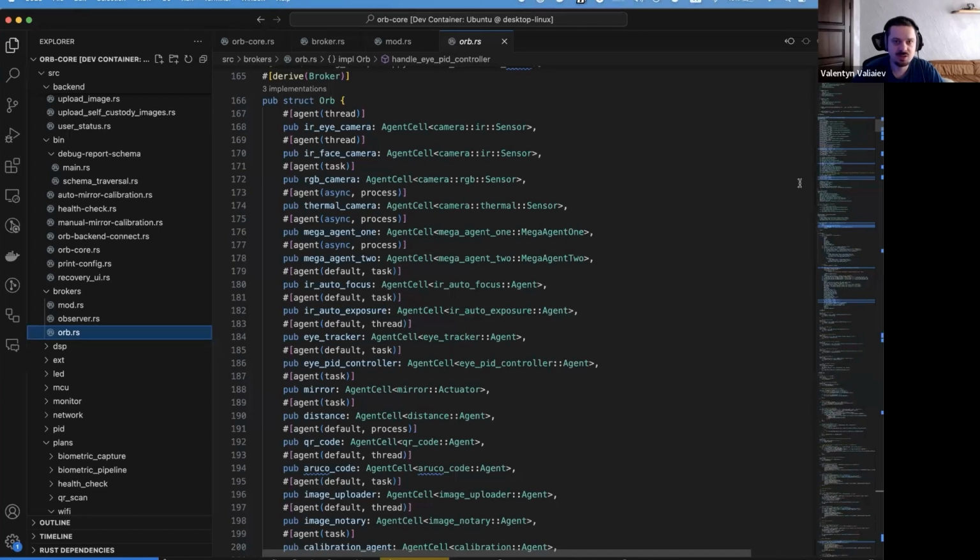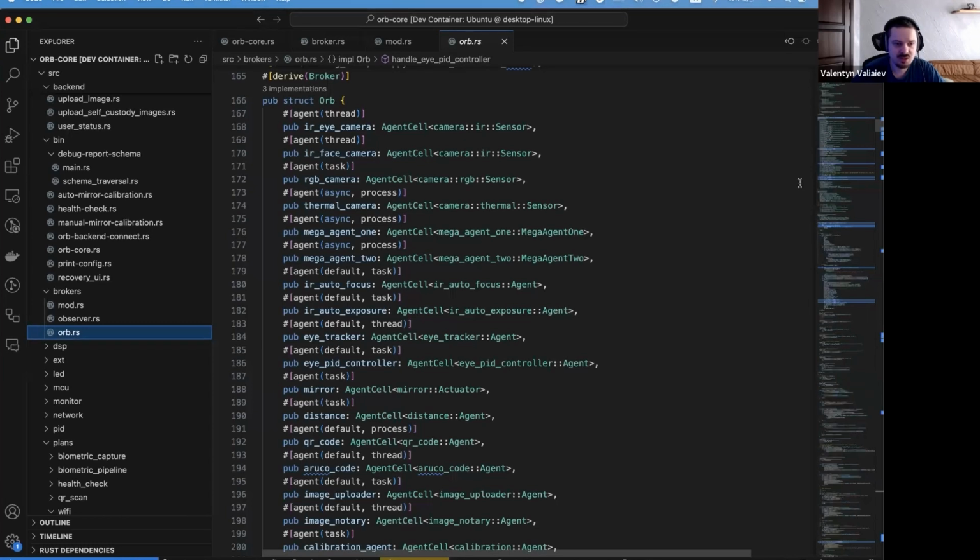But they all communicate with the broker via bidirectional channels. Agents can't communicate with each other. They communicate only with the broker, and the broker runs no other logic. It just routes messages from one agent to another, possibly broadcasting to multiple agents.